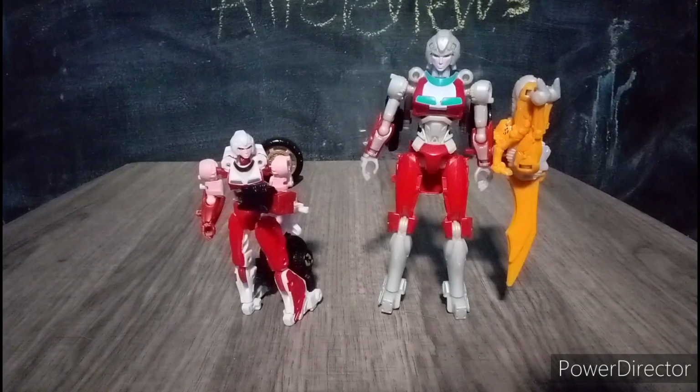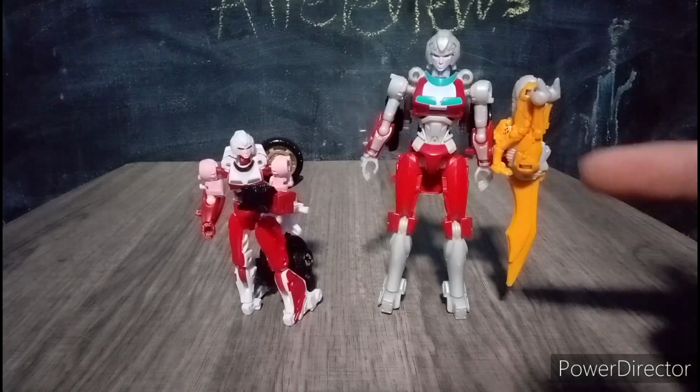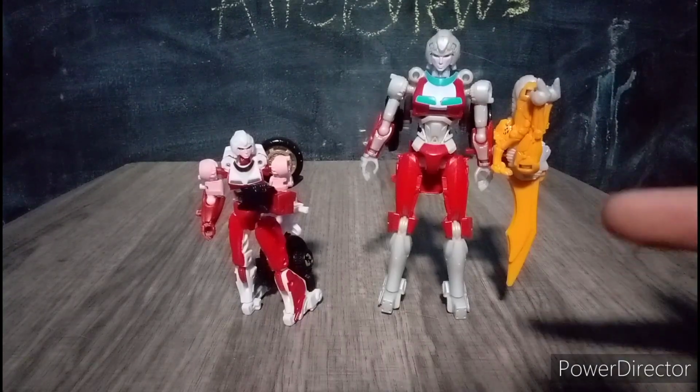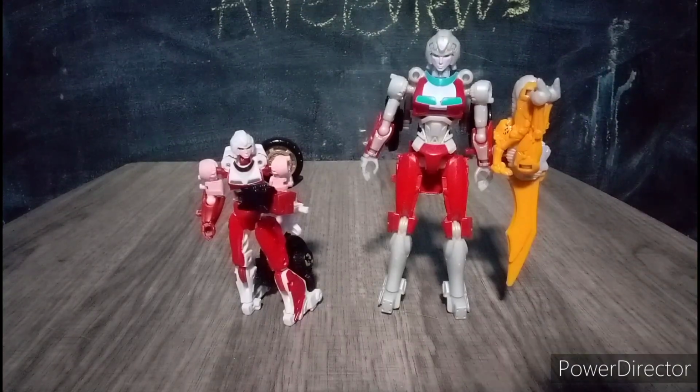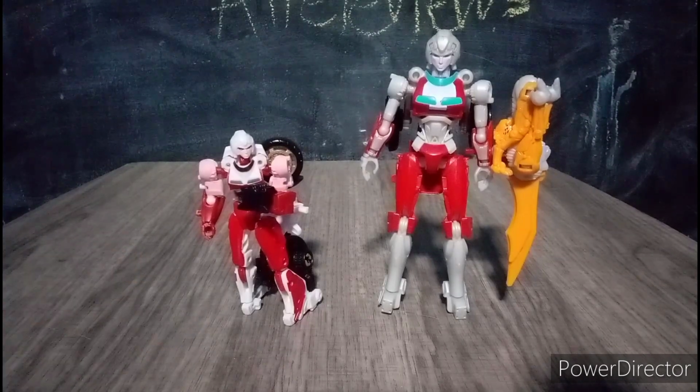So, which of these is the better one? When it comes to general playability, I'd probably say this one, because it has the same transformation, yet it doesn't have as much hindering it, oddly enough. But in terms of accuracy, I'd say this one. And in terms of bang for your buck, I'd probably say it is